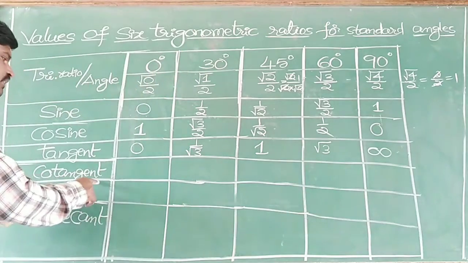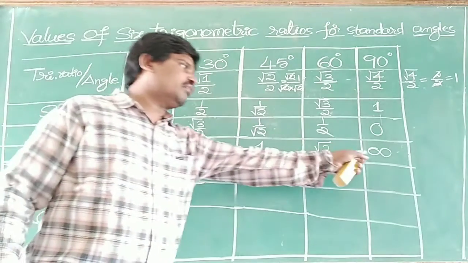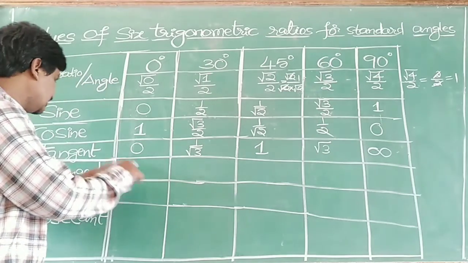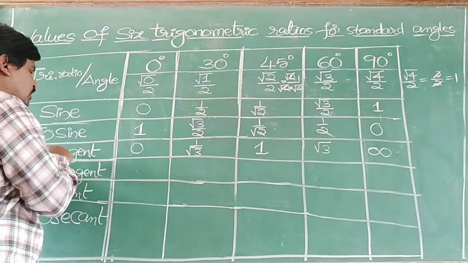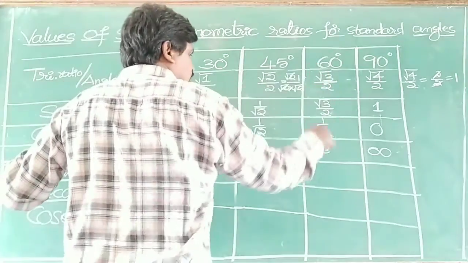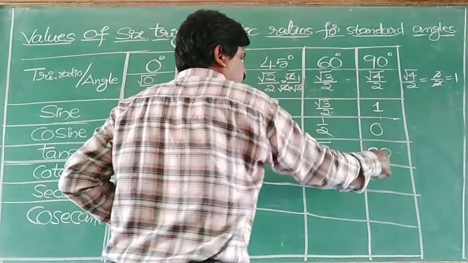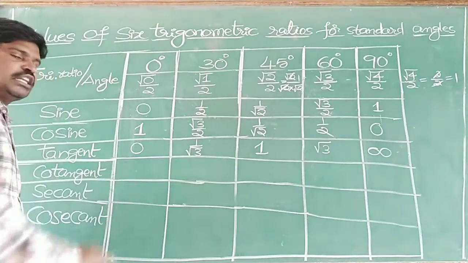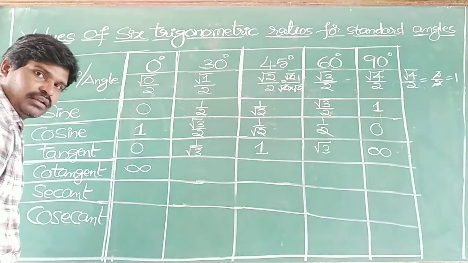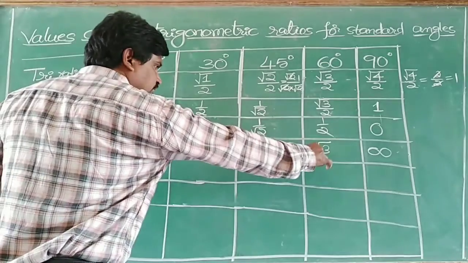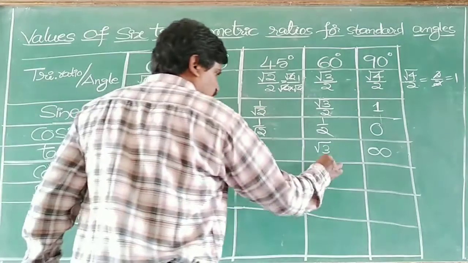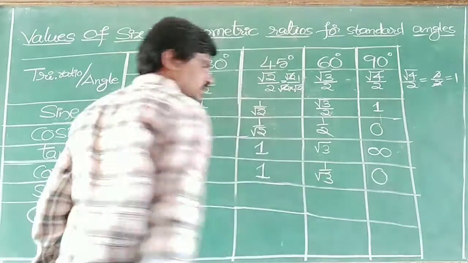Okay. Next for cotangent. Whatever tangent you have written, make it reverse. The last is infinity. Then here comes for cot as first. See here, for tan 0 degrees is 0. Tan 30 degrees 1 by root 3. Tan 45 degrees is 1. And tan 60 degrees root 3. Finally tan 90 degrees is infinity. You make this reverse, then you will get cot. So the last one is infinity, it comes as first for cot. And from the last, the second one is root 3, here from first to second. And 1 as it is. Next 1 by root 3. And finally we can write 0.